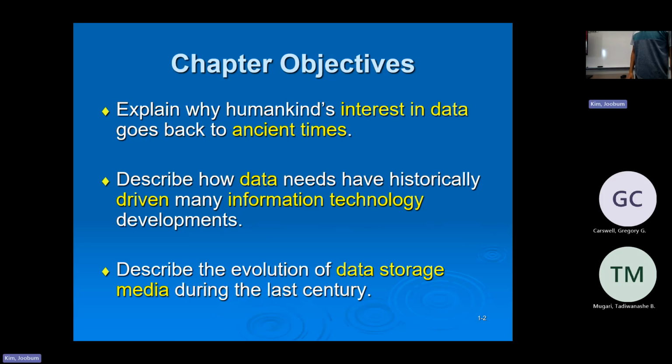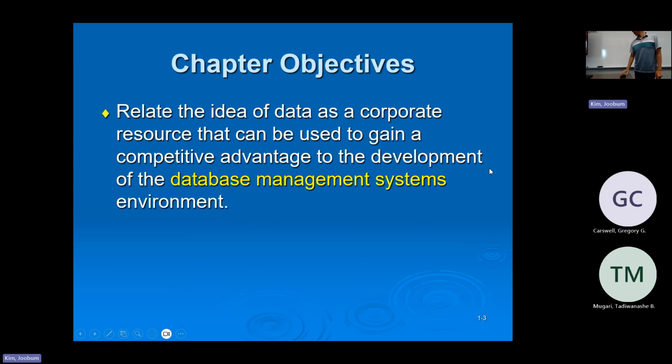What is a database or database management system, DBMS? We will touch the definitions or terminology and so on. Then we'll take a look at the history of data, and data storage media,